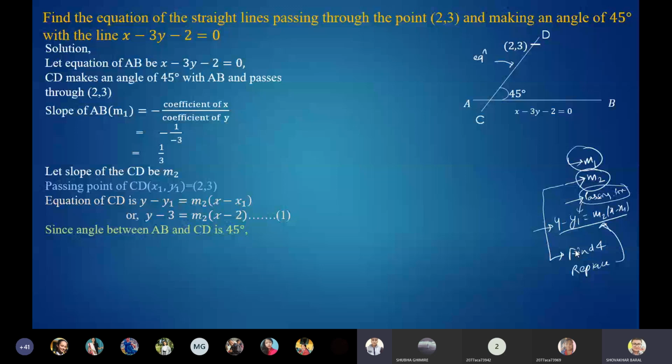Yes, sir. Tell me the formula to find the angle between the two lines. Angle between tan theta is equals to y by x. Coefficient of y by coefficient of x. I think that's not correct. Can anyone tell me? Can any other student tell me? Raghav, please revise the concept. Okay. Is anyone willing to say?